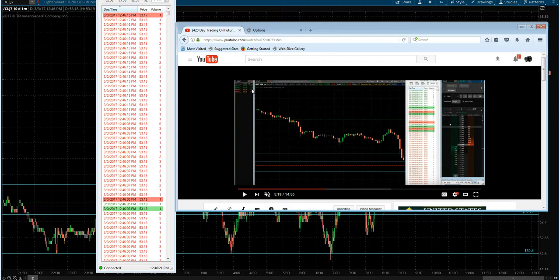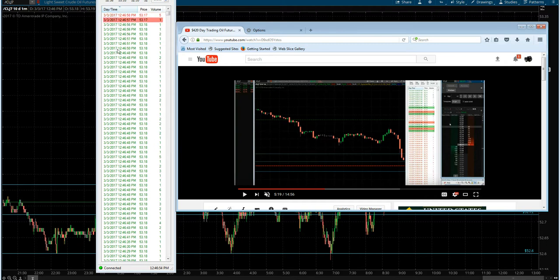it's just a filter. I just want to see all the contracts that get executed that are above or equal to 100. I think that's what this setting is. So we can go back to that, but you can just pull up time and sales and set the filter to greater or equal to 100, which is what I have it set to, and that's what's going to give you, it'll only print